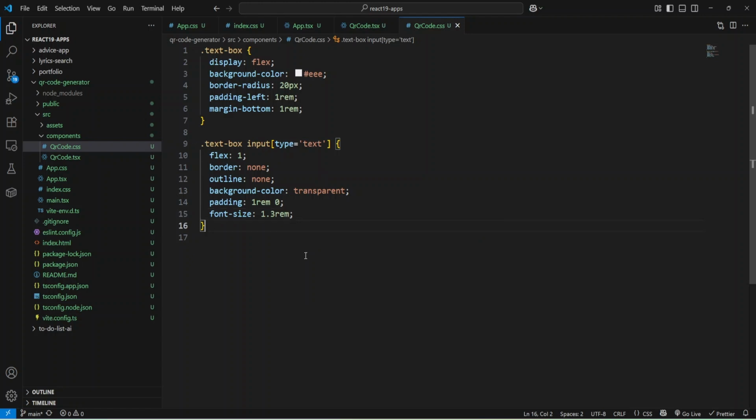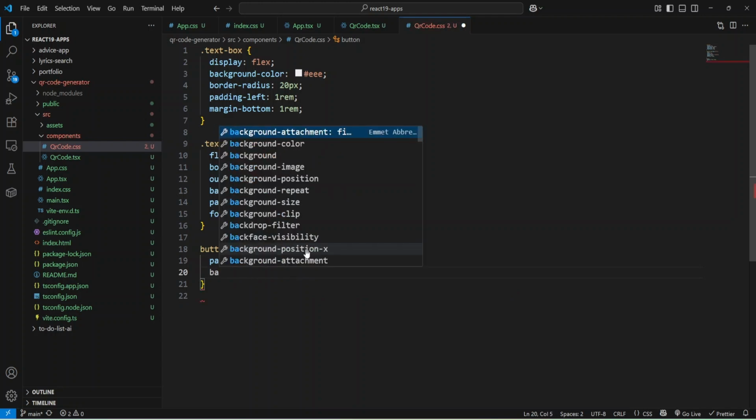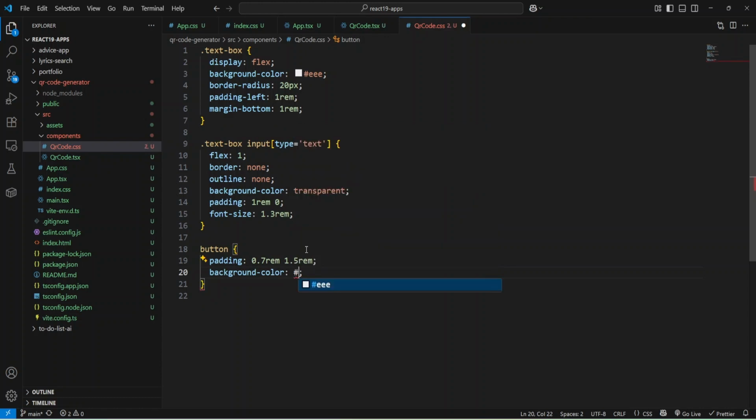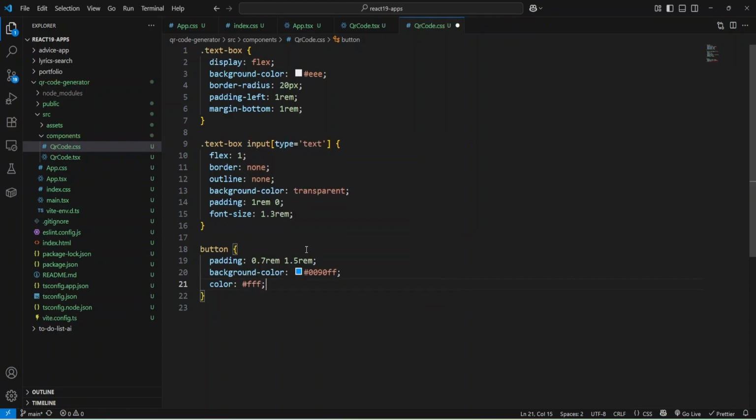Okay, and also we have button, and we have several buttons, and for button let's add some padding like 0.7 rem, and also 1.5 rem for left right, and let's specify background color and make some blue background color, something like this. Okay, and also we can change color for text, and let's make something like that.